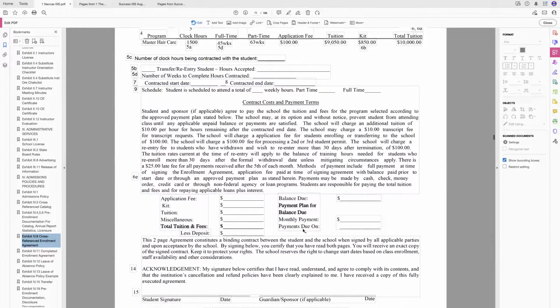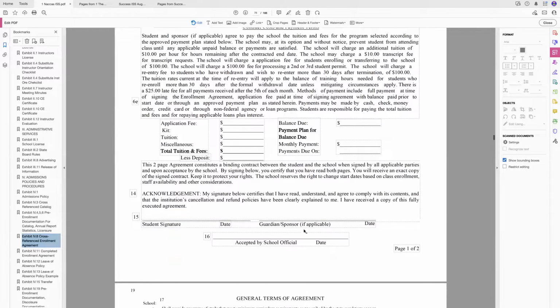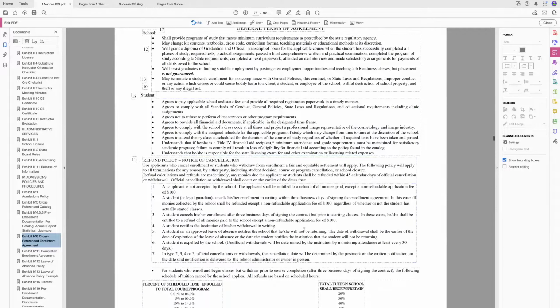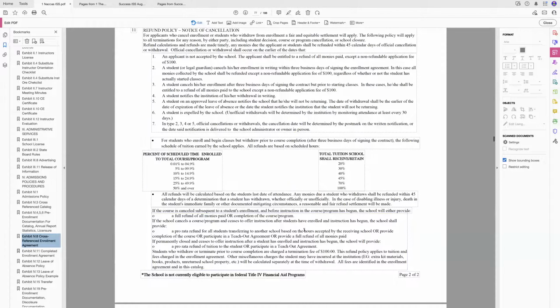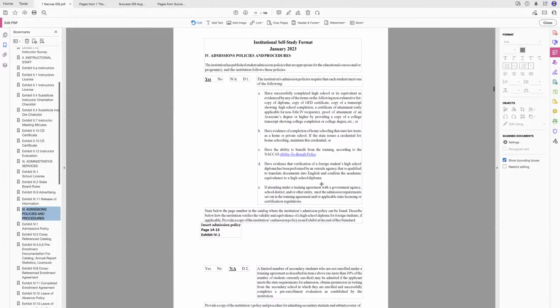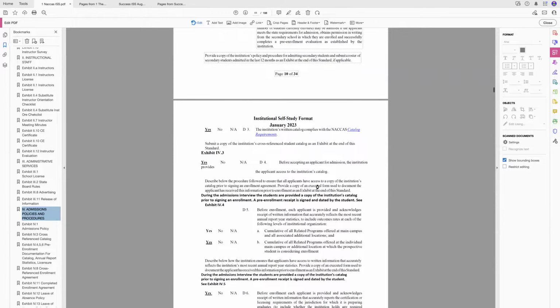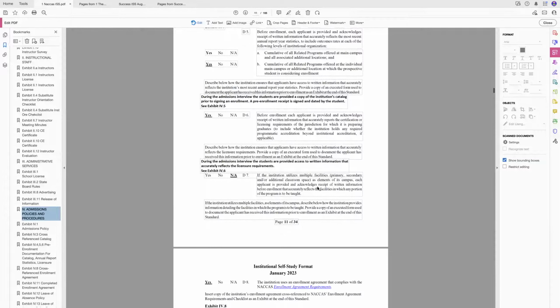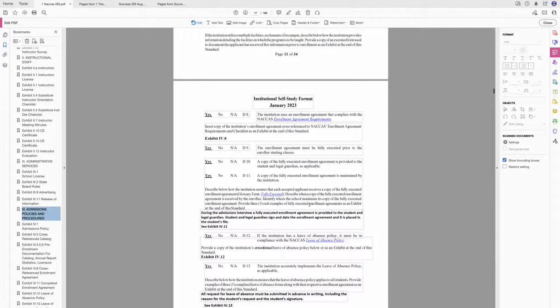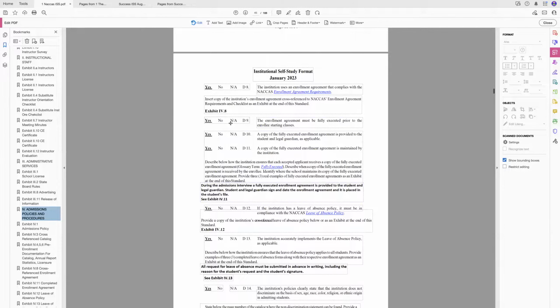It's already in compliance with NACAS. The refund policy is already in compliance. Everything is here. Okay, so now let's go back. Standard 4, scroll down. We're moving on. Now, the next thing that we have,